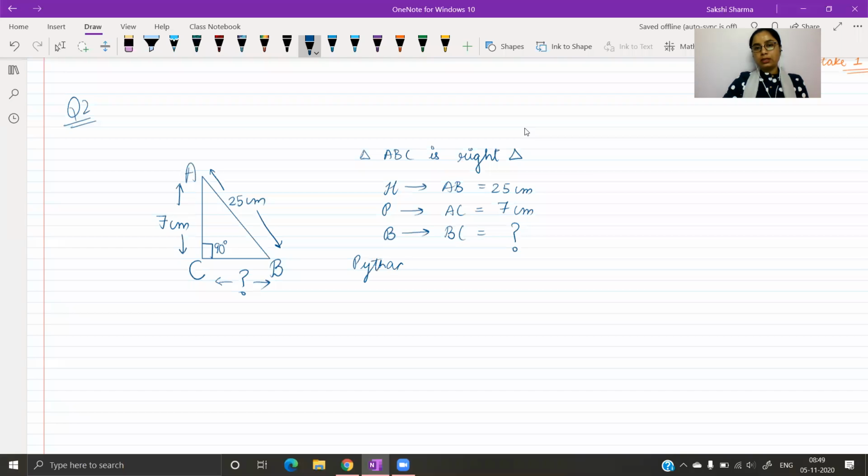Now I'm going to use Pythagoras property. If you don't want to write down the names, you can directly use the values. For AH is 25, P is 7, but B, I